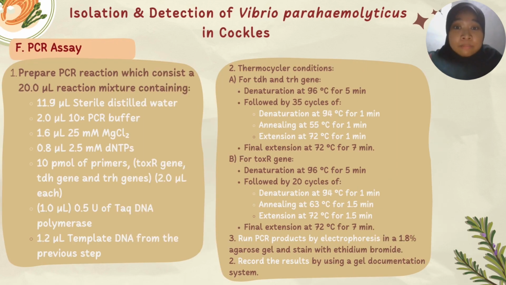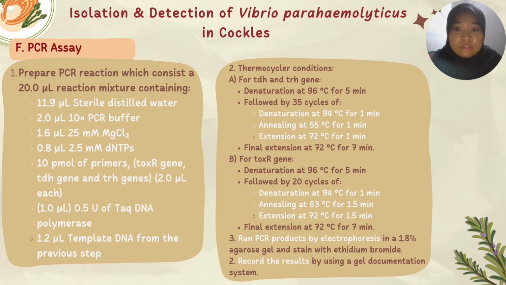Okay, lastly, we will conduct PCR assays by preparing the PCR reaction that consists of 20 microliter reaction mixtures. After that, the PCR reaction will be conducted in a thermocycler with the following reaction conditions below, which are divided into 2 parts for the TDH and TRH primers and the ToxR primers. The primer used for ToxR targets the genes of VP ToxR, which is for the identification of the